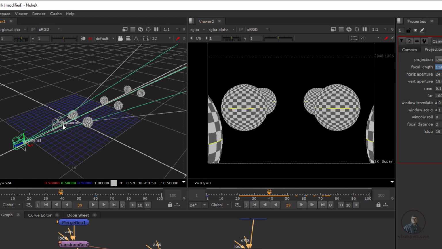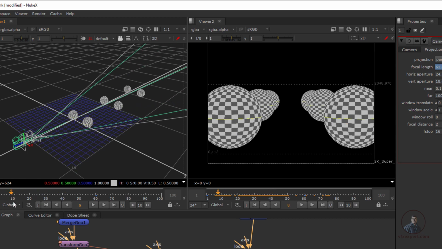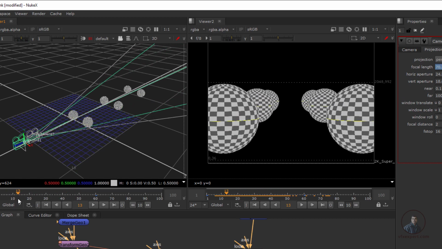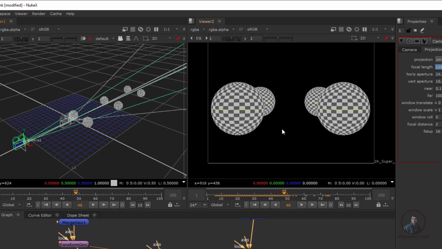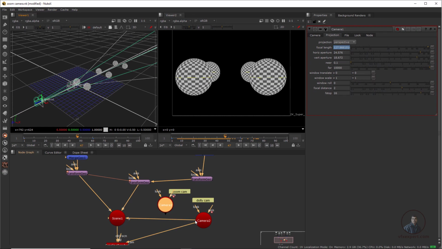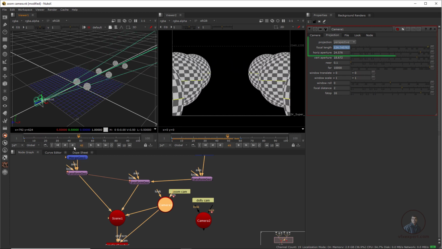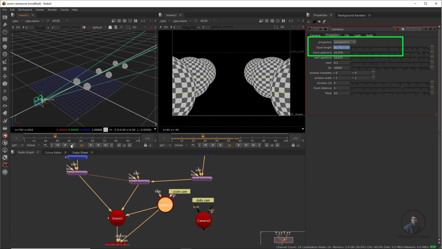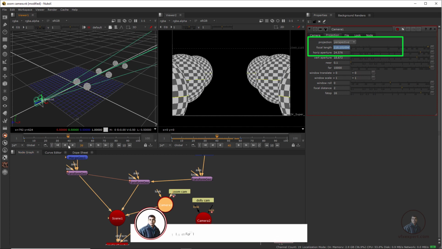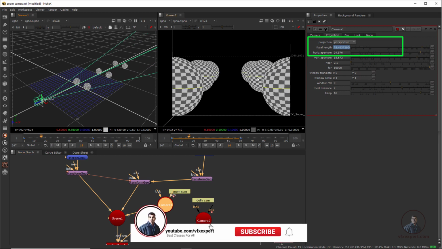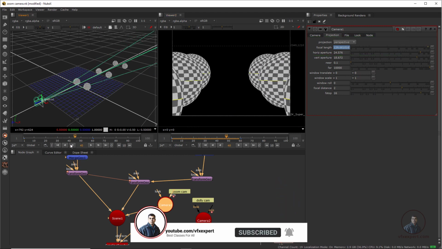In our dolly shot, easily you can see this is our dolly camera. It is moving in and out, and we are getting perspective change. In our zoom shot, there is no change in perspective, and the camera is only changing its focal length. You can see we are getting this zoom in, zoom out effect. So remember this: there is no perspective change in our zoom shot.